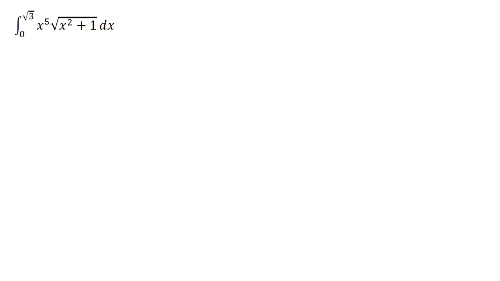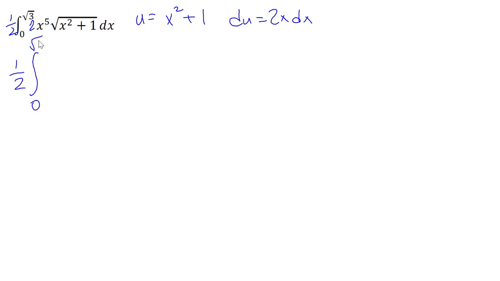All right, and this will be our last problem here for this assignment. It's another u sub question, where we're going to let u equal what's inside that radical. So u is x squared plus 1. Du will be 2x dx. And we'll note that when we put in the 2 here and the 1/2, this is going to look like an integral from 0 to root 3 of 2x times x to the 4th times the root